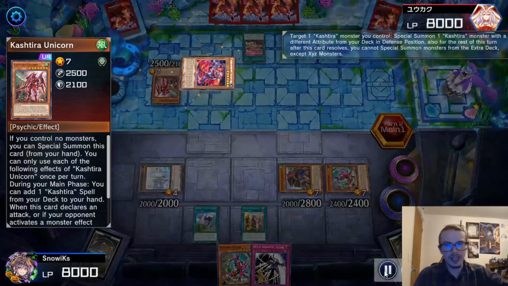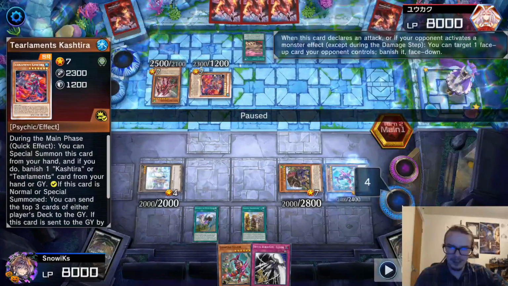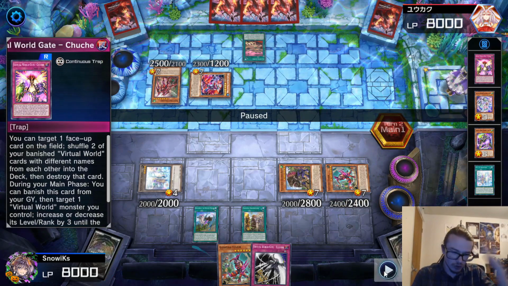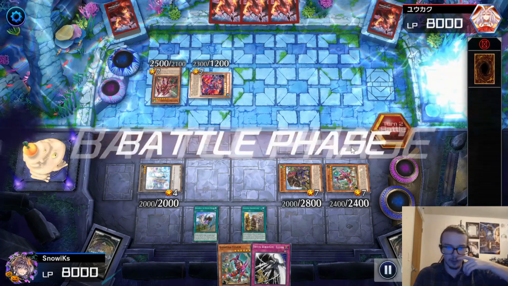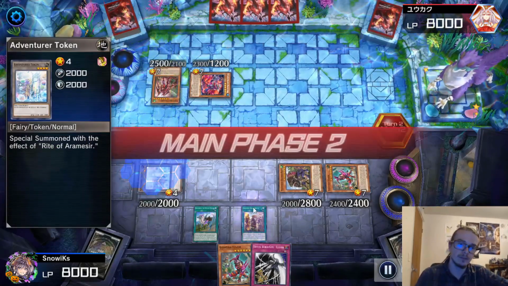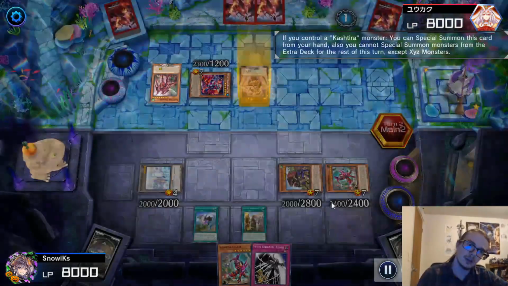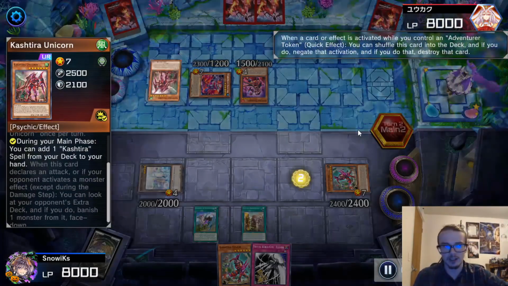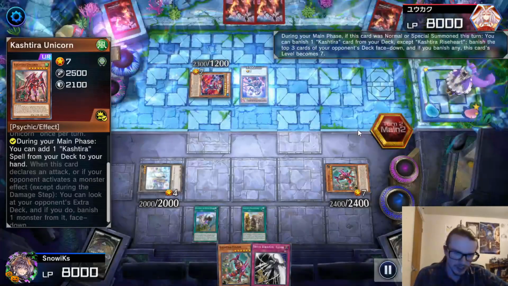My opponent goes for the Cashier Unicorn into Tier Limit Cash, which they mill me? For some reason, I do not know what's going on, but away the birth goes. They're going to go to the battle phase and not read what my cards do, and yeah, token sticks around. They're then going to special summon out the Rise Heart. Here they actually activate the Unicorn, to which obviously I'm going to negate that, and then they go for the